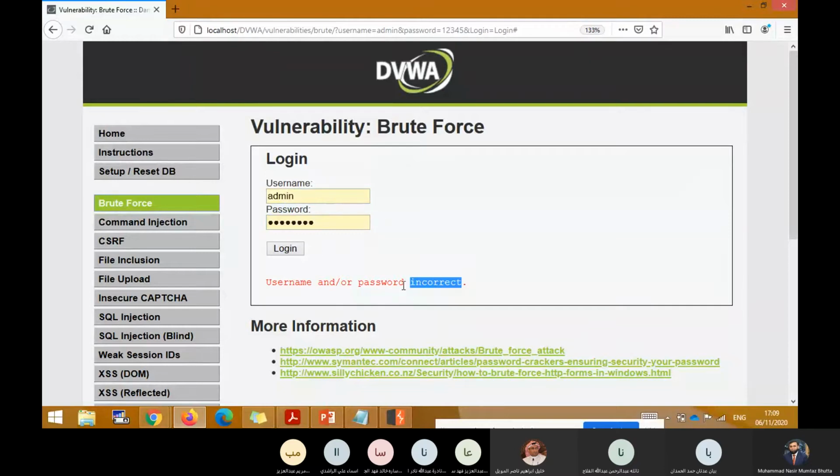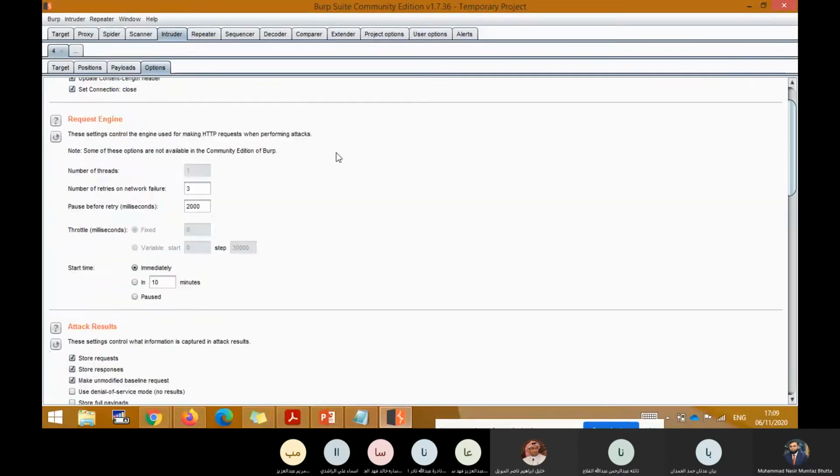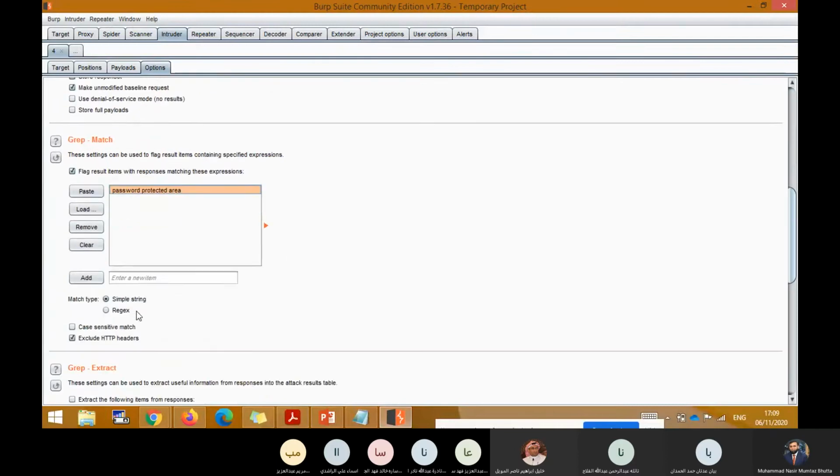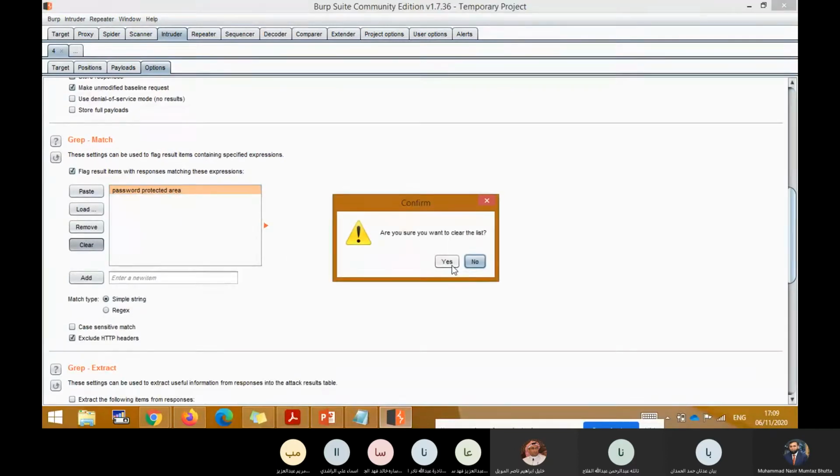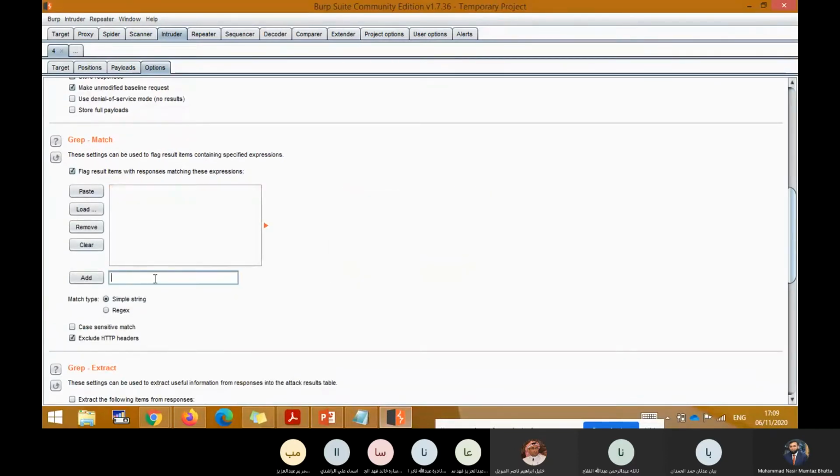But many times we can observe the behavior of the website with the wrong password, because we can enter a wrong password and click login to see the working of the website. So I select incorrect and go there in the grep match. I clear it and I enter incorrect and say add it.